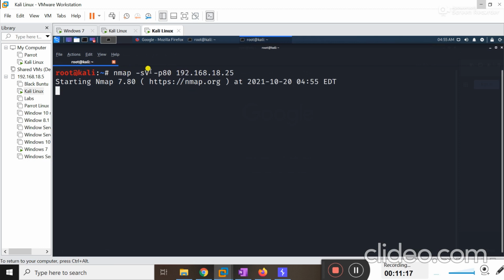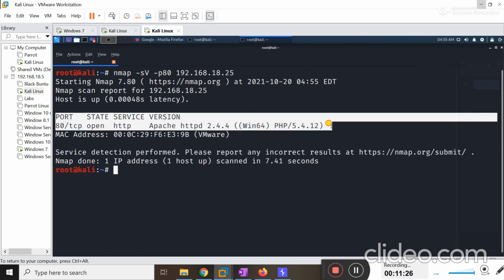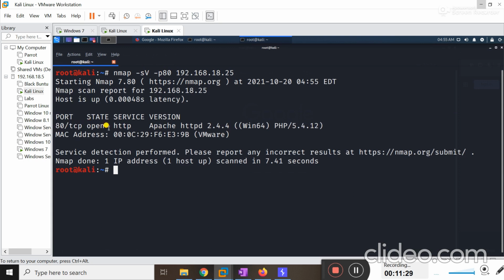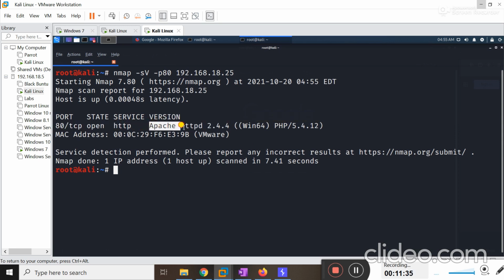You can specify a range of ports as well, but right now I give only one port, and you can see it successfully fetched the banner. That is, port 80 is open and the service is HTTP, and the version of the server that is actually running on this port is Apache 2.4.4.